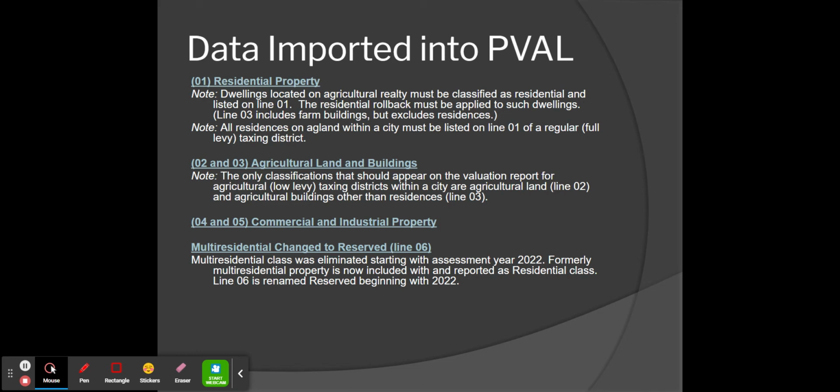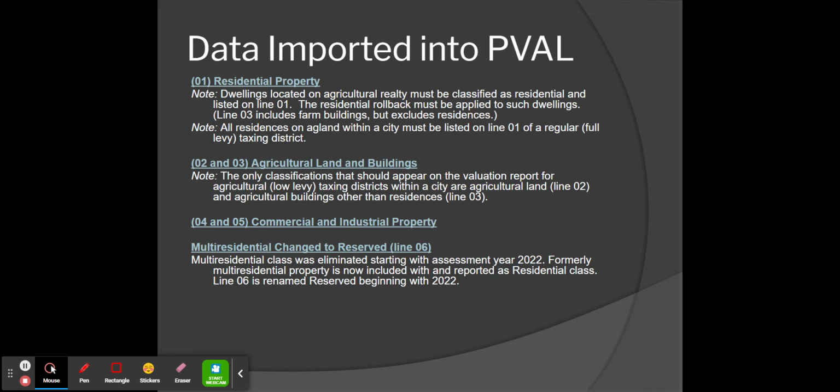Again, this is the only classification that should appear on the ag tax property class: ag land. So in a city, those city ag districts are only going to be listing city ag land. They should not list any other type of